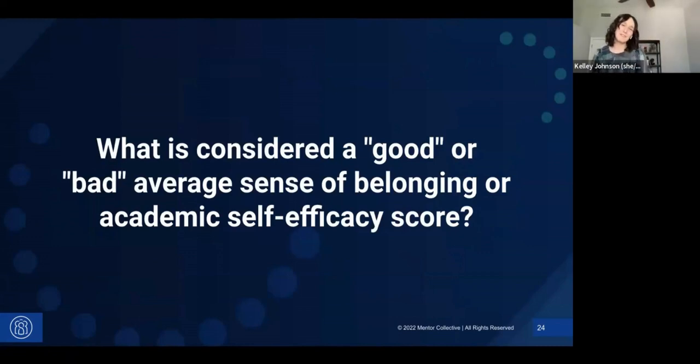But I'll say for this one, generally speaking, we wouldn't call an average sense of belonging or academic self-efficacy score good or bad in and of itself. Those of you who work at your institutions, you're going to know your students the best. So you're likely the best person to determine where you hope to see your sense of belonging or academic self-efficacy scores go. However, after speaking with partners at various institutions, because we always like to do research with our partners,